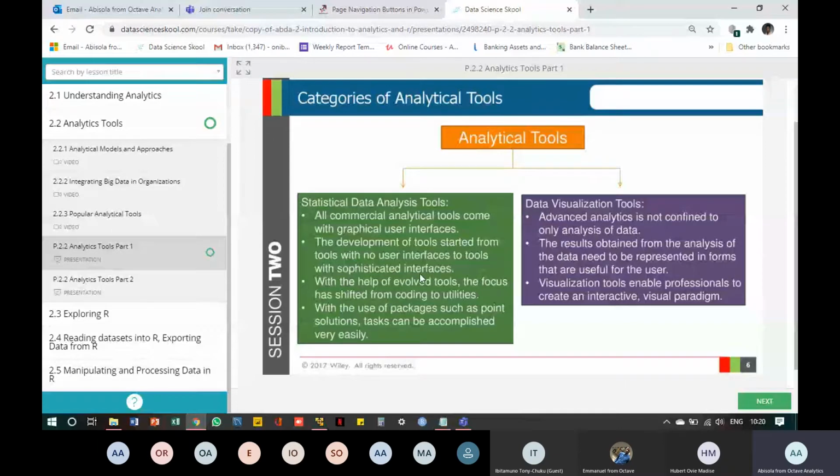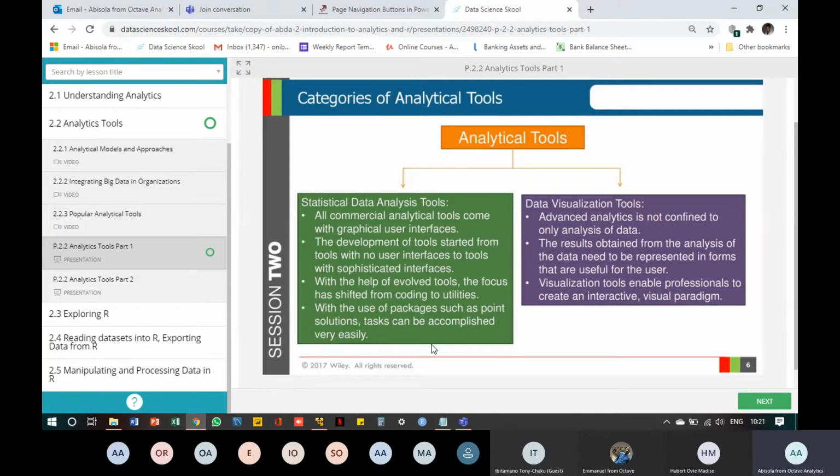Then we've shifted more to utilizing these tools to create visuals instead of coding, like I said. So we have these tools that have made us spend less time on coding and more time on utilizing these tools to create visuals.